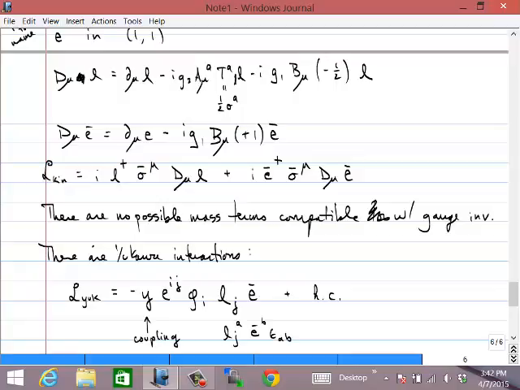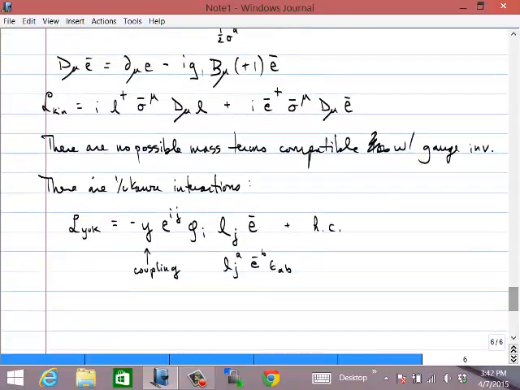So the symmetry structure of the standard model allows us only to write down this particular type of interaction. Okay. So this is an interaction between our Higgs particle, our Higgs field, and these leptons. We expect it to be there because it's a renormalizable term. And if we go ahead and expand